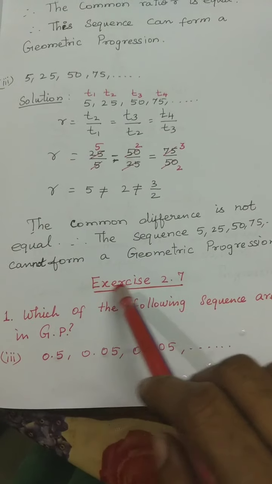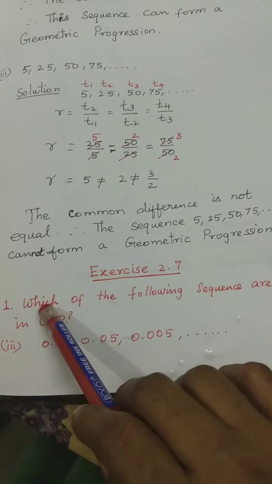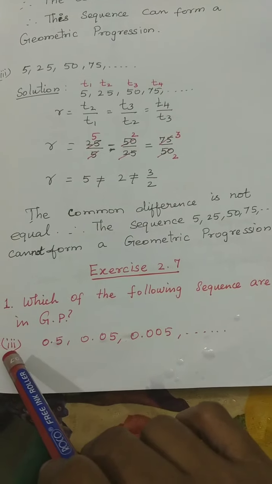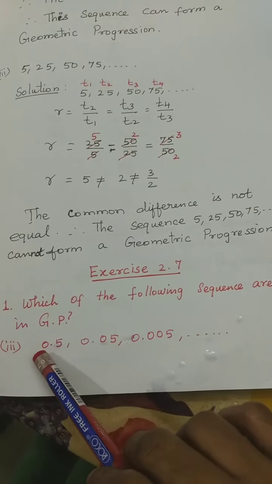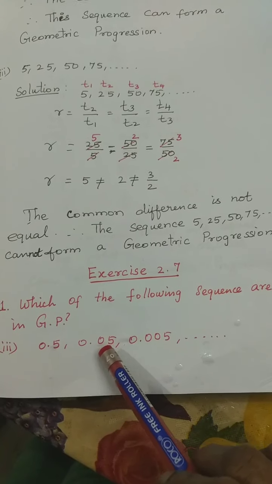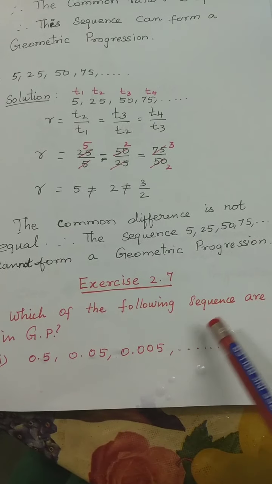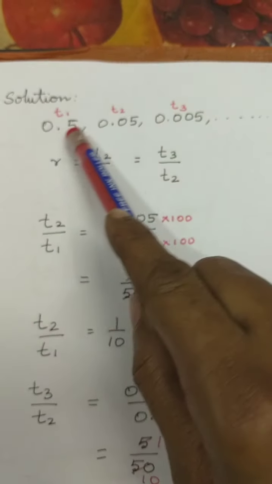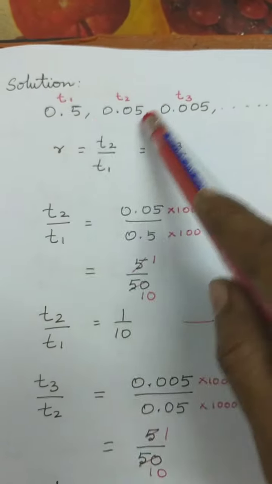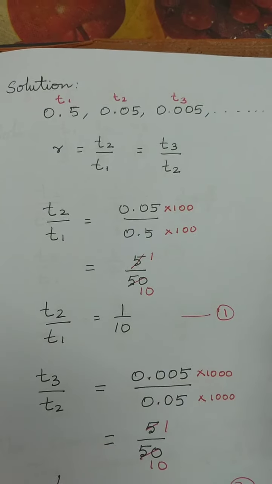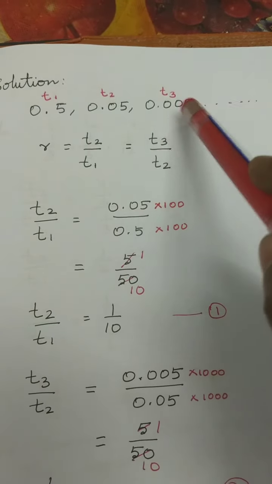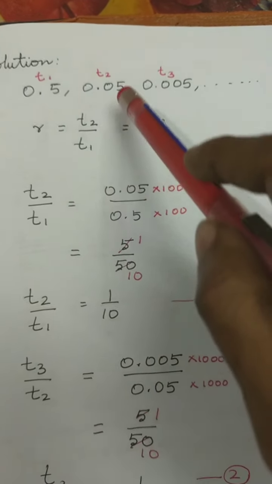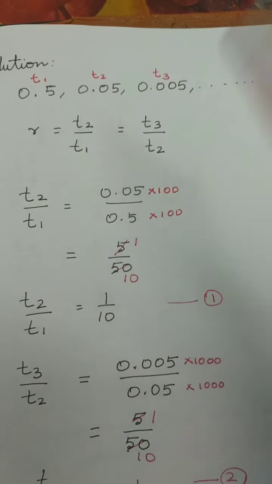Okay, then we move to exercise 2.7. Which of the following sequences are in GP? Here we shall see the third subdivision: 0.5, 0.05, 0.005 and so on. Solution. Here this is T1, T2, T3 and so on. T2 by T1 is equal to T3 by T2. Here T2 by T1 is equal to 0.05 by